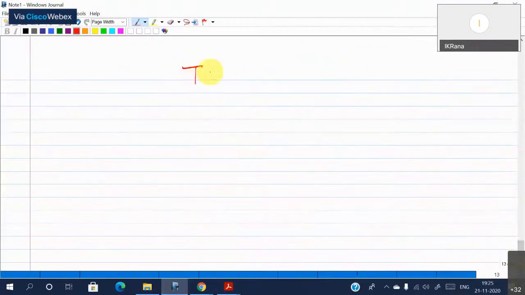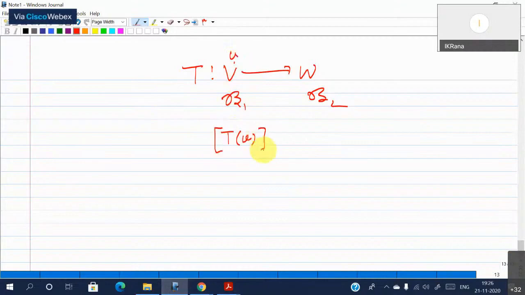So I want to know the reason. Here, V to W. Here is a basis B1. Here is a basis B2, ordered basis. Then what we are saying is look at TV. Take an element V here. Look at TV, right? This goes where? TV goes in W. So there is a basis B2. And take V. The V is in V. There is a basis B1. So these are the coordinates of V in basis B1. These are the coordinates of TV in basis B2, right?